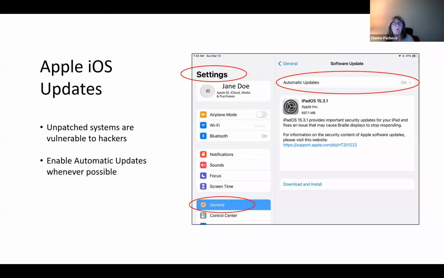So with iOS, when you go into settings, you have automatic updates, and you should make sure that is turned on. And when you get prompts to install updates, you should not delay in installing them.